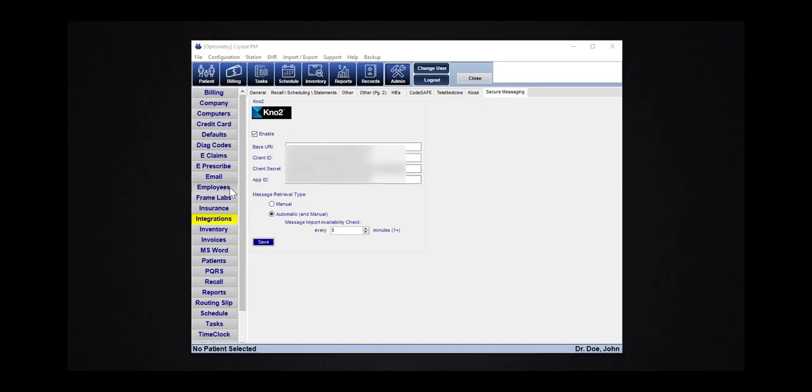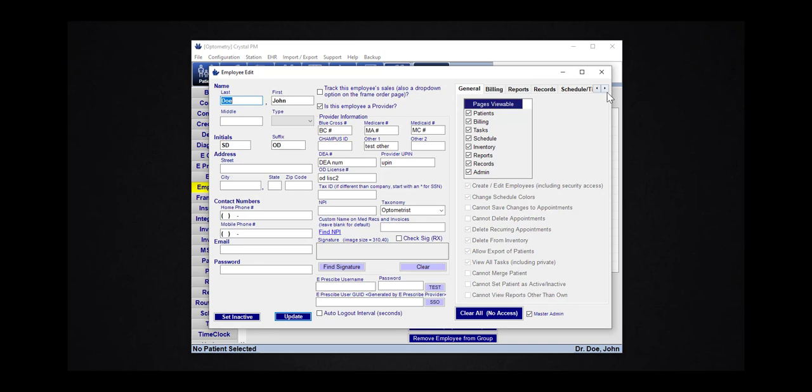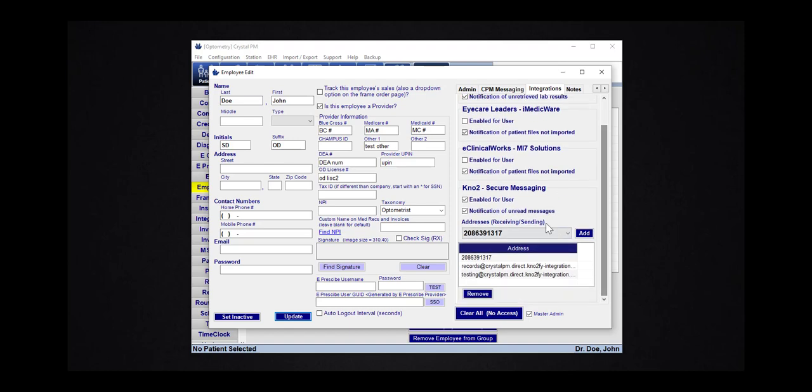Go to Admin Employees, double-click the desired user, then go to the Integrations tab and scroll down to the bottom section related to Kno2, and here we want to check Enabled for User. If you want to see the animated notifications in the bottom right of your screen when new messages are received,